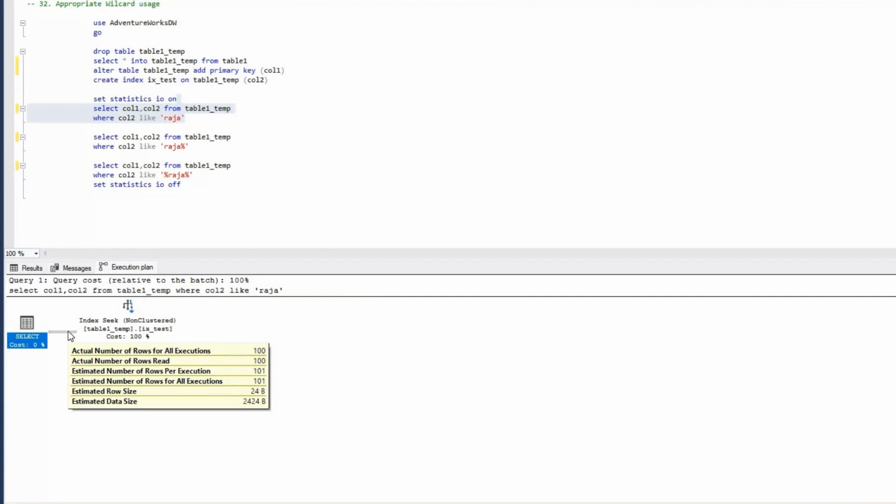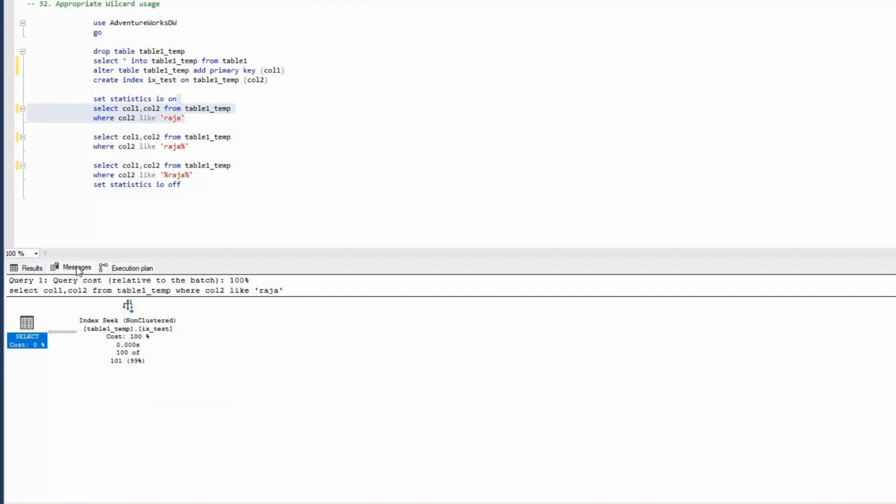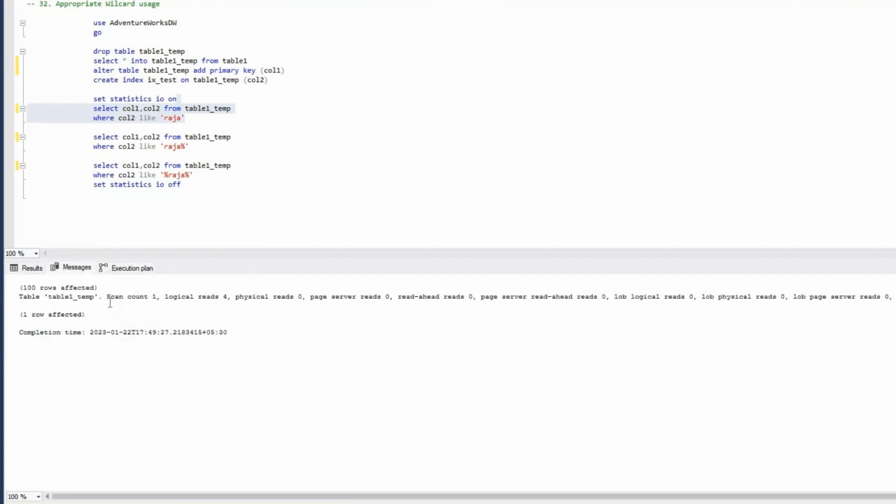If we look at the specific data here, the estimated number of rows per execution is 101. The actual number of rows read is close to 100, and we are returning close to 100 rows, which is depicted as actual number of rows for all executions. Now looking at the IO details, we are performing close to 4 logical reads. Let's execute the next query, which